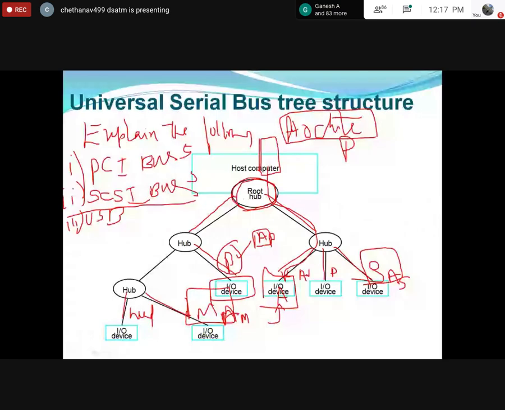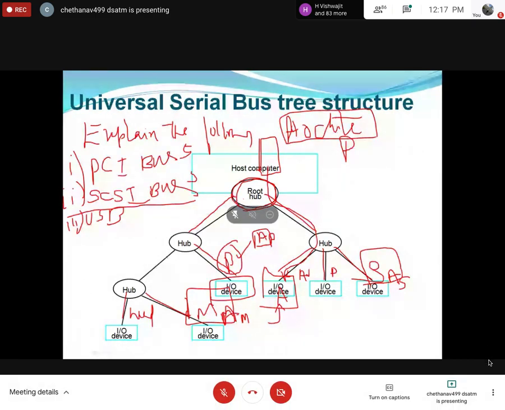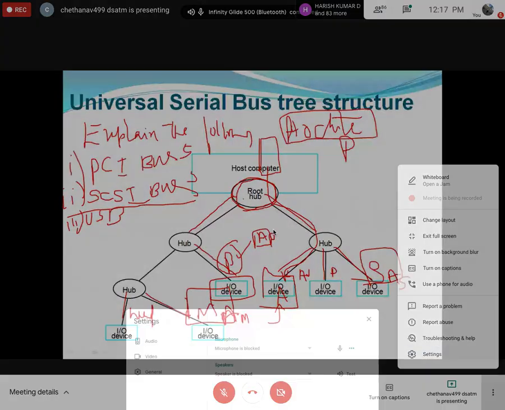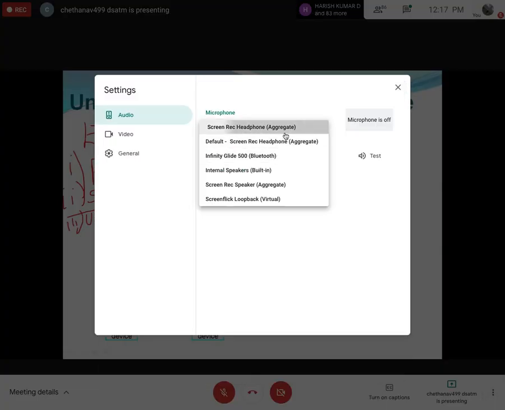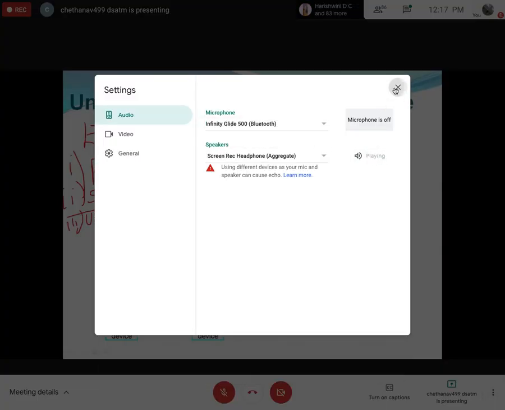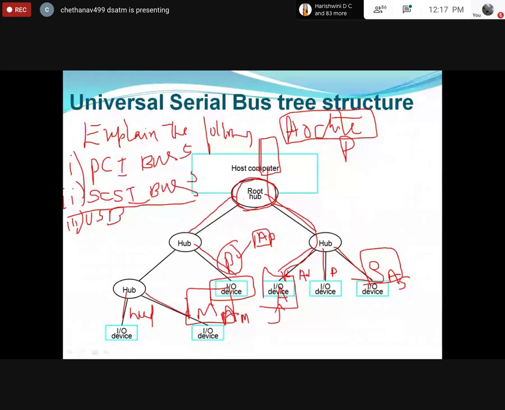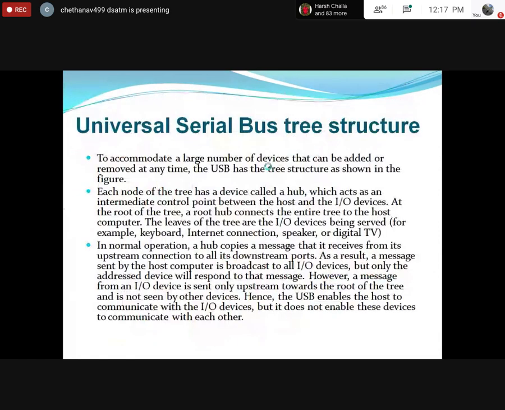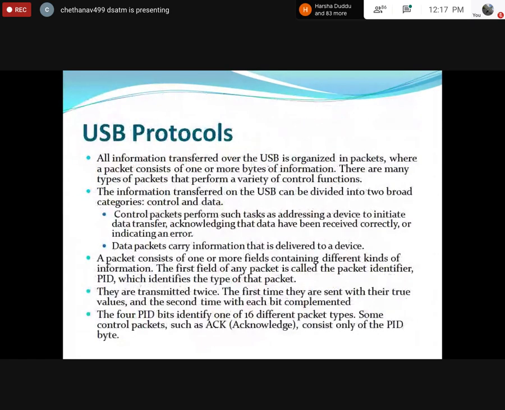Why is addressing very, very important? Mainly because we have n number of devices, and n number of devices may interrupt anytime. Simultaneously they may interrupt, isn't it? So we really contact or communicate with the device, input device or output device or any other device, via the USB port. So we can make out here that along with the addressing, to transmit the data,